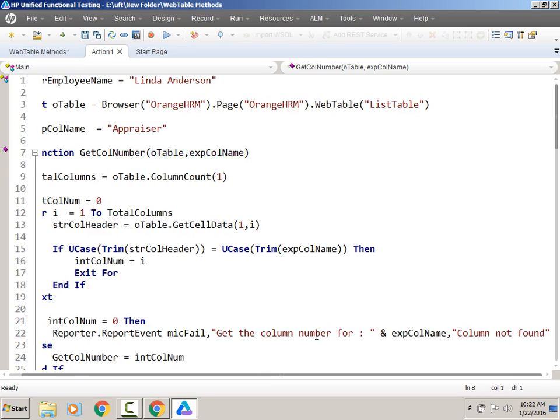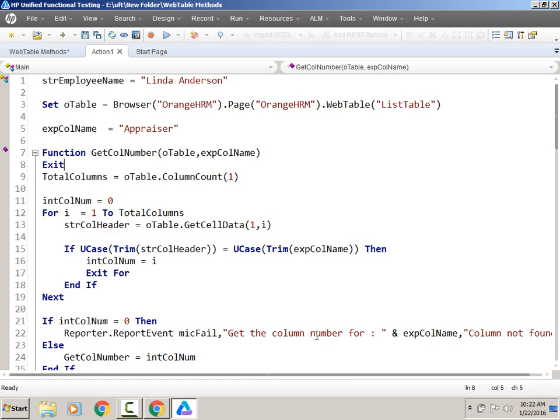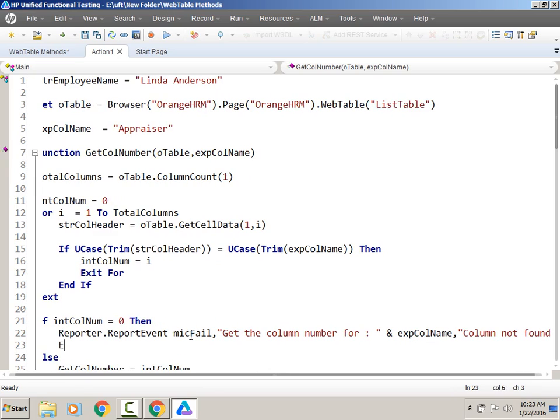Okay, then if the column does not exist, I may not be able to continue. Then you can say ExitRun. ExitRun is a statement to stop the execution. Okay, now whenever you want to get the column number,